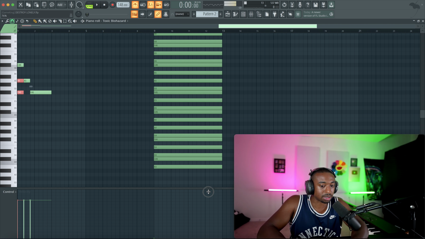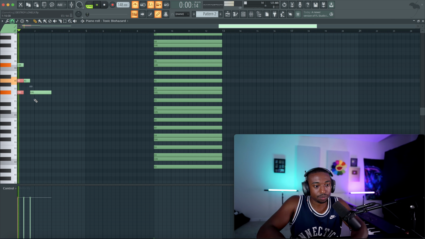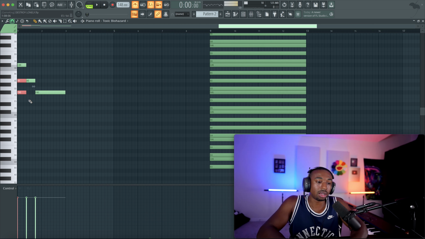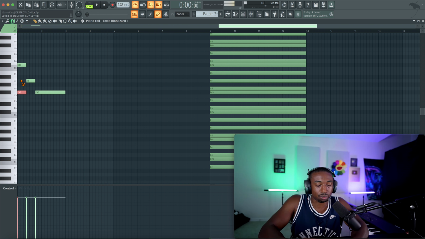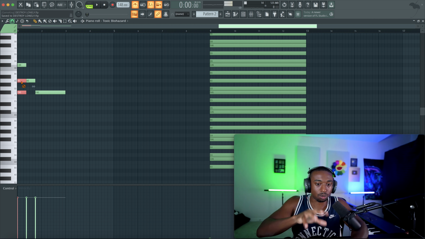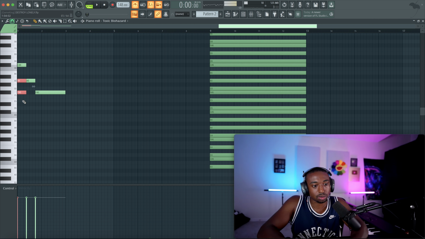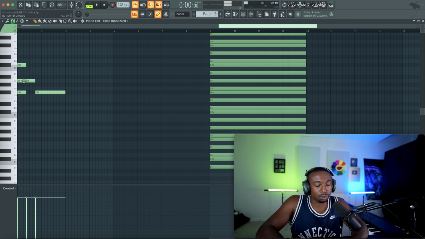If you don't see that, grab this ellipses here, pull this up, go to Control, and then go to Note Velocity. So we're creating basic triads. Now for Destroy Lonely, Playboi Carti sound, Yeet sound, they don't play triad chords, they play intervals. So what we're going to do to make it that sound is take out this middle note called the third, but we're going to do that at the end just in case we want to add more chord types. Okay, so we're going to leave it there for now, but here's what we're ultimately going to do is take that note out. Okay, so it sounds a little bit more open.